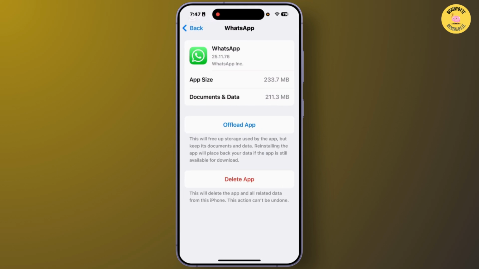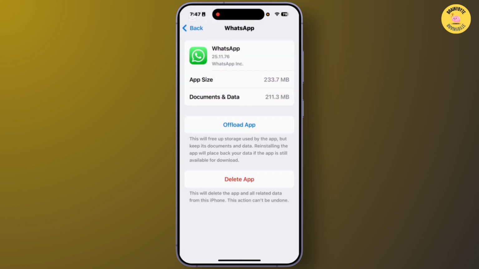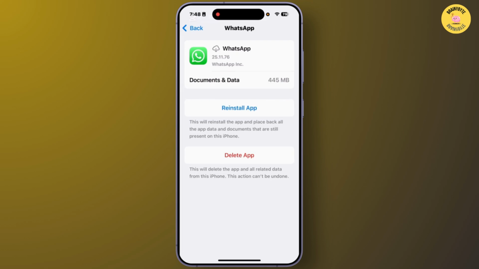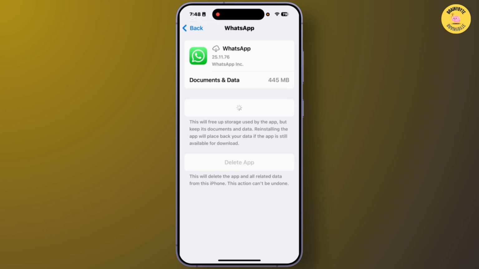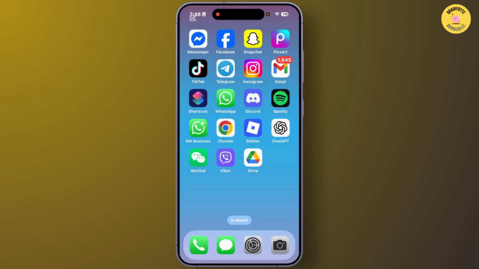From here, tap on Offload App. Tap on Offload. After you offload it, just tap again on the option Reinstall App. After you complete that, just go back from the settings, and your problem might be solved now. If you are still facing this problem on your WhatsApp, you'll have to just tap